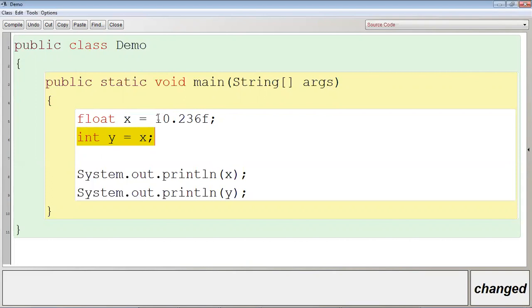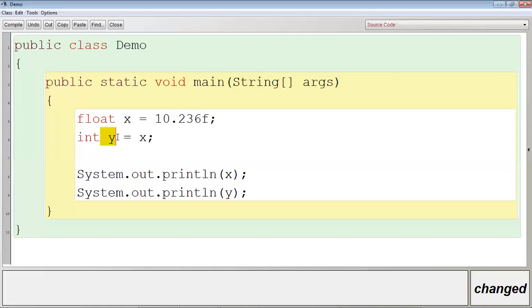Why? See, you have the value 10.236. You have stored this value in a variable x whose type is float. Now, when you're assigning the value of x to y, that means you're trying to convert the value x to int type. Yes or no? You are trying to convert a float type value to int type.